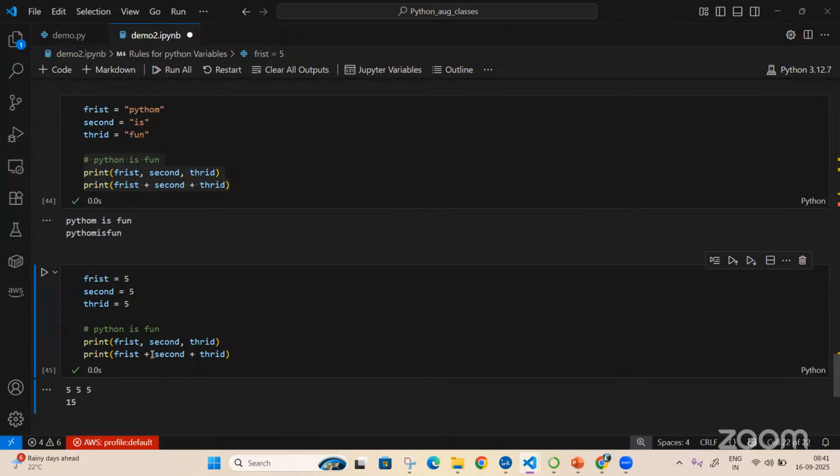It means you're using a plus, which means you're concatenating as one word. Since alphabets cannot be summed, it writes them all as one word. When you have numerical values, it gives the summation. So whenever you want to print a variable, if you use plus, it will always give a result like this. If you use a comma, it will give a proper value.